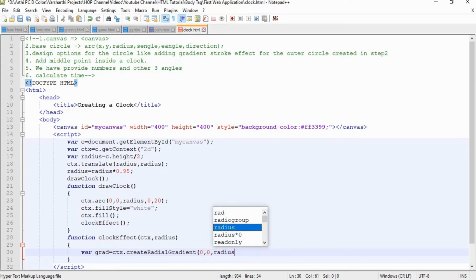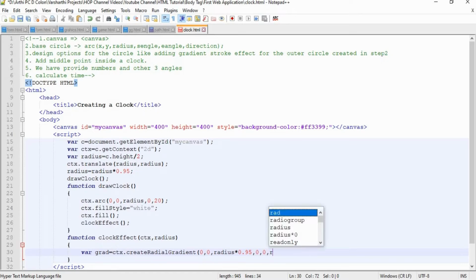We convert the radius into 95%. After that, the angle in which the gradient should be displayed. After that, again radius, and we make the radius 105%. So now we have provided the axis coordinates for the gradient effect.